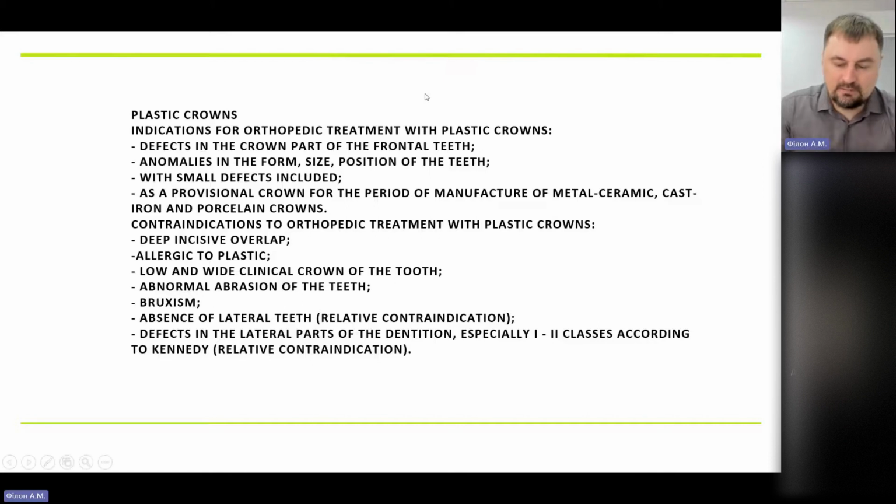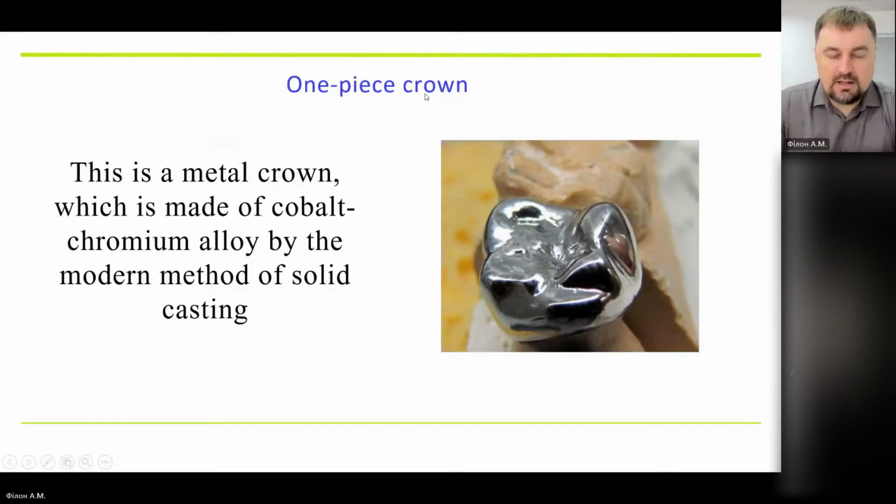Okay, the next page is about the one-piece crown. This is a metal crown which is made of cobalt chromium, a modern method of solid casting. Actually, even 10 years ago, here in Ukraine, it was still a very famous method of prosthetics for prosthodontics, but